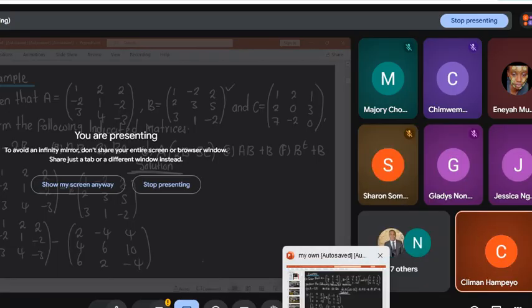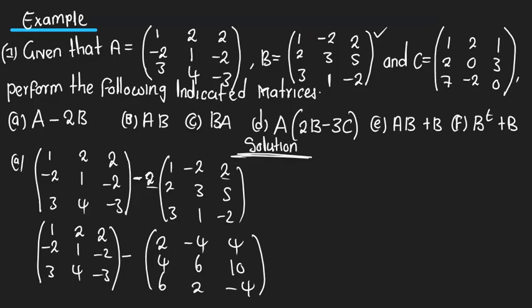Now, having multiplied, now I can subtract. So to subtract, it's position by position. So this is going to be 1 minus 2. It's going to be negative 1. 2 minus negative 4, which is going to give us 6. So this is going to be a 6. We go to this guy here. 2 minus 4, which is going to give us negative 2. We close the bracket. Okay, then we come to the second row. Negative 2 minus